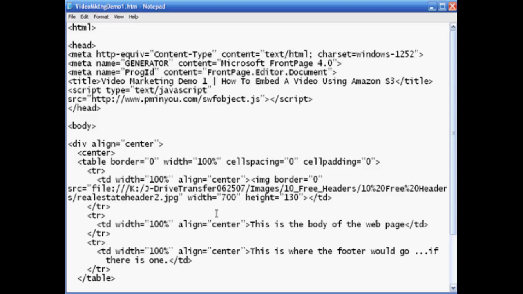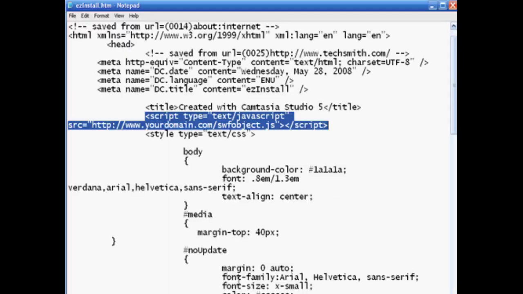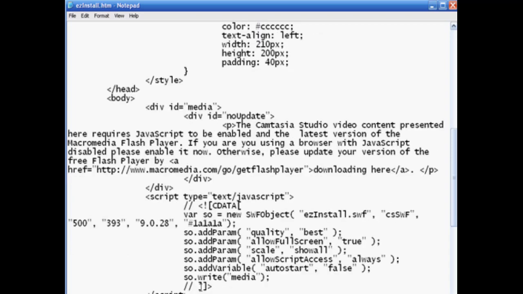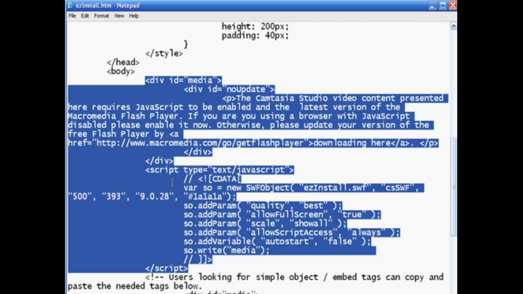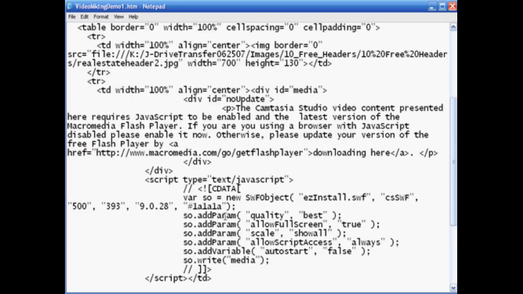And what we need to do now is put that code from here. Let's go on down here, the div opening tag here. Hold my shift key down, come on down here to the closing script tag. We'll just copy this out of here and put it in place of this. Now then, we need to